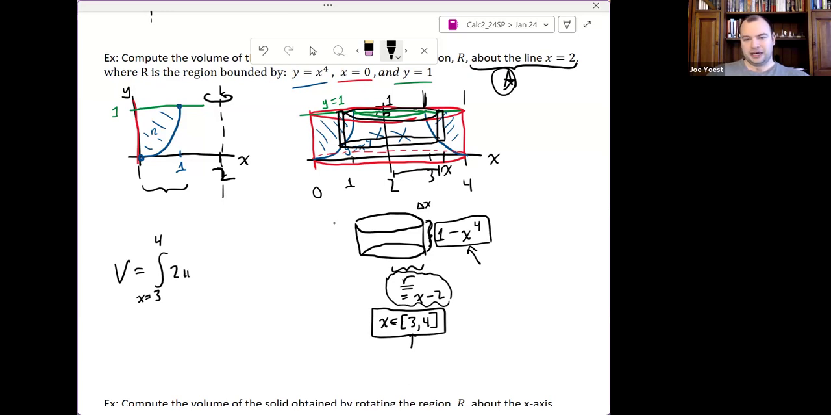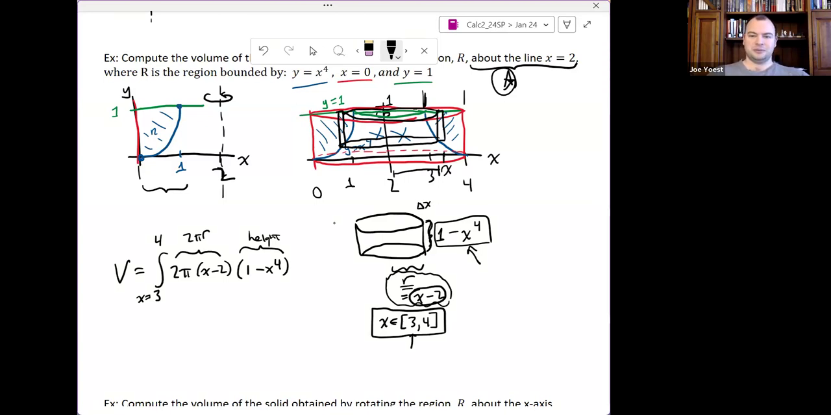We're integrating 2 pi times the radius, right? What's my little increment of volume here? 2 pi radius, that's my circumference, times height, times thickness. So this 2 pi radius, that's the circumference around the cylindrical shell, times the height of the cylindrical shell,